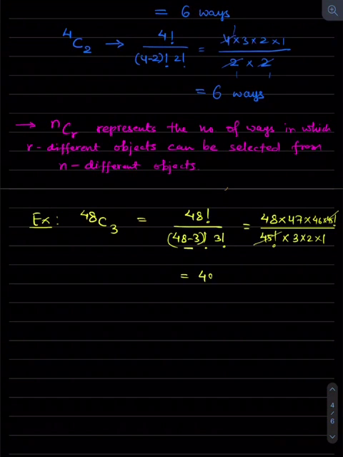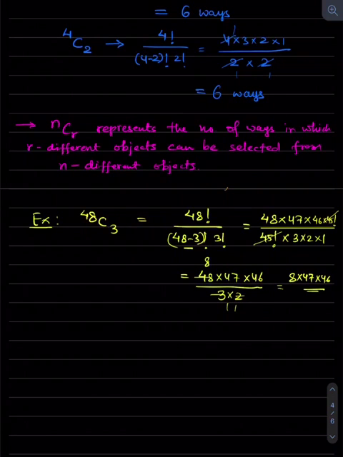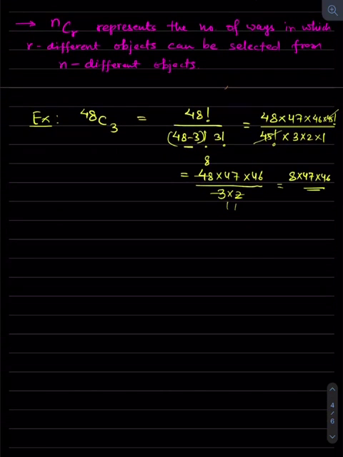So this is 48 into 47 into 46 upon 3 into 2. This can be cancelled by this 6: 8 sixes are 48. So this is 8 into 47 into 46. You can calculate it. So this you will use